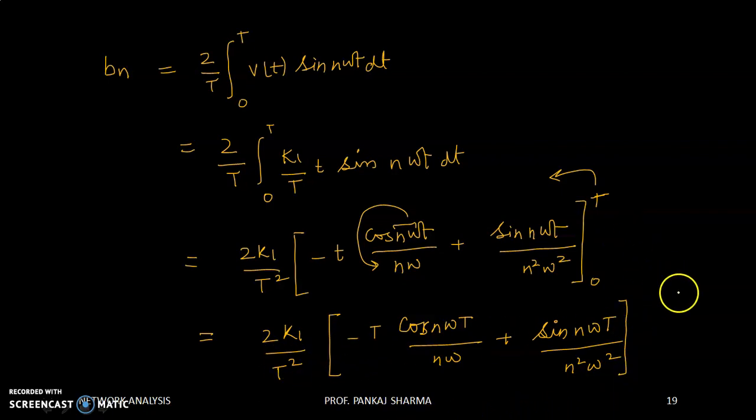Now put omega is equal to 2 pi by T. We will get